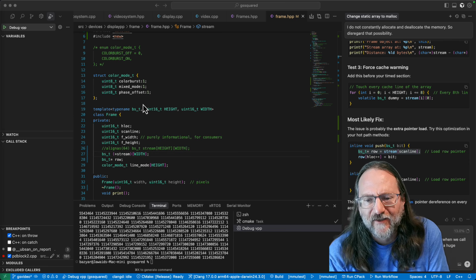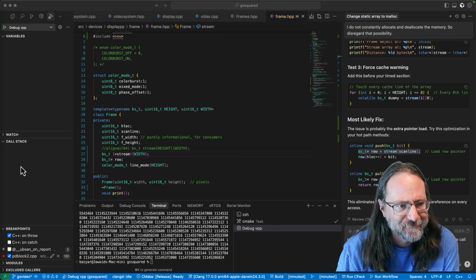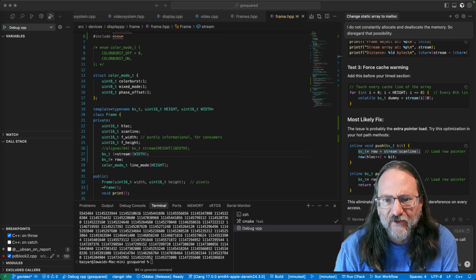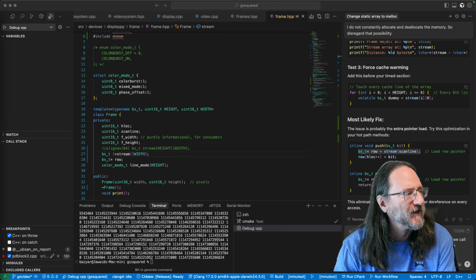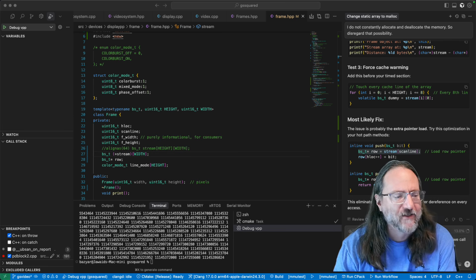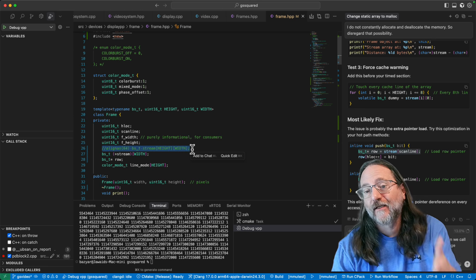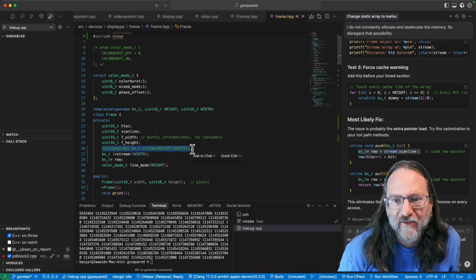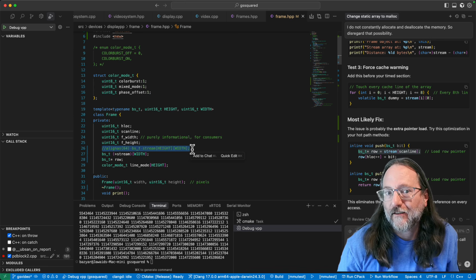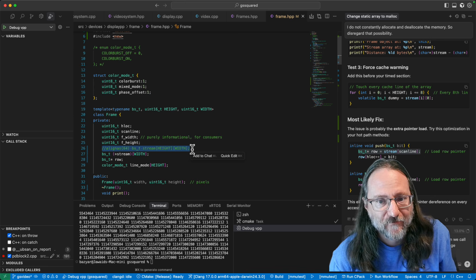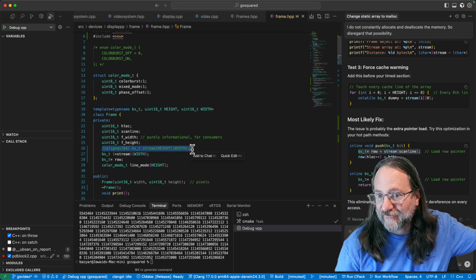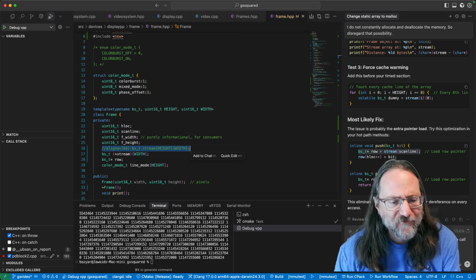All right. So the first thing that was suggested was to add some keywords to let the compiler know that it doesn't have to worry about memory being changed out from underneath it, because I've switched to pointers. So we have this. This is now a pointer, whereas it used to be statically allocated in here and private. So the compiler was able to optimize extremely well because it understood that there was no risk of external access to the data. So the first suggestion is,